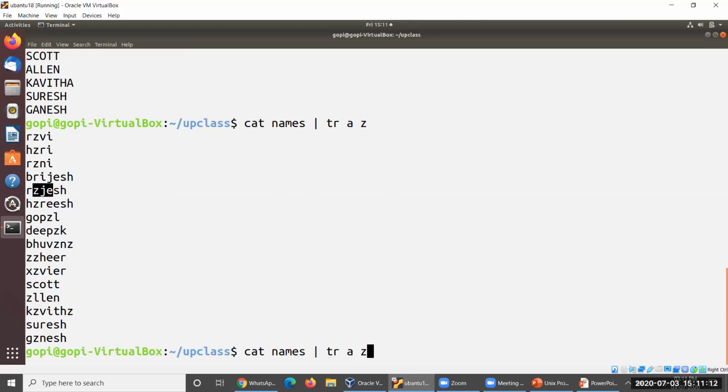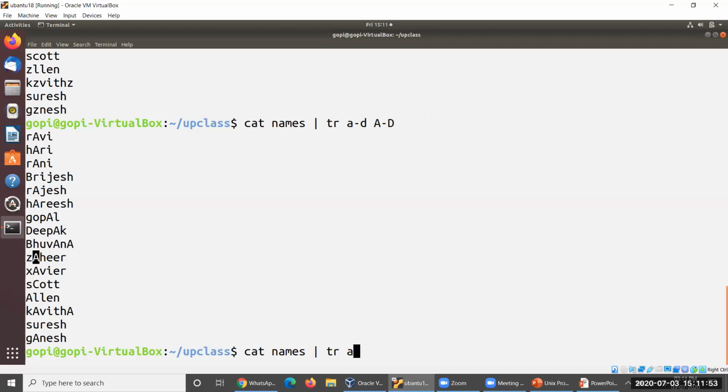For example, if you consider A to D, how could it be done? Capital A to capital D, I want to translate something like this. So you could see how this is done here. Only those characters are taken into consideration. So look at this: capital D, capital A, capital B, capital A, capital A, something like that. In this way, the translation happens here. If you want to make this translation permanent, you need to consider something like this.